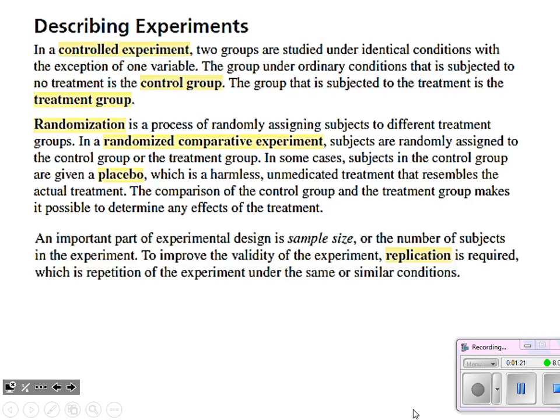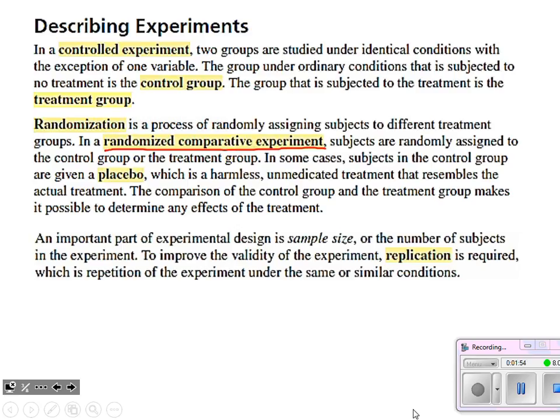So we want to be sure, again, we've got random samples. We want to randomly assign subjects. We don't want them to know if they're in the control group or the treatment group. So they are randomly assigned to those. And then this big concept here, we're looking for a randomized comparative experiment. That's why we only have one variable. We can compare those who got a placebo to those who got this experimental drug. We're able to directly compare those two groups.